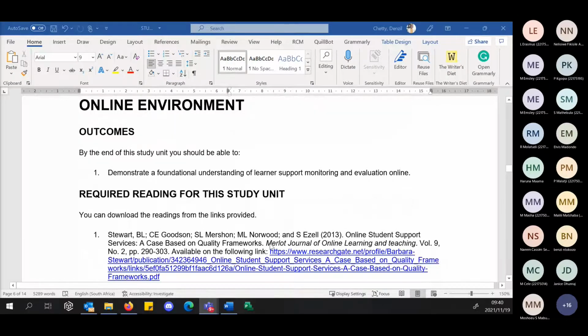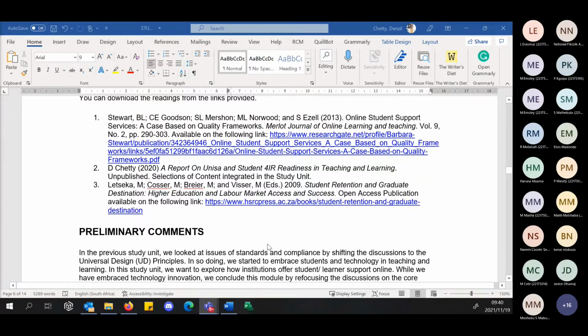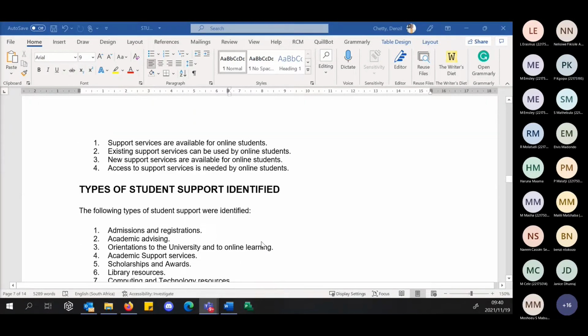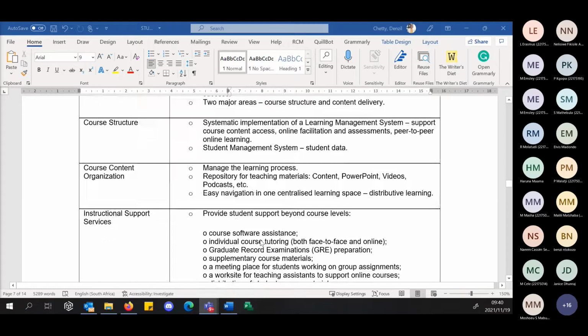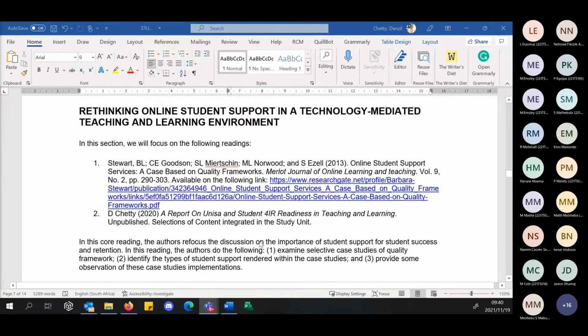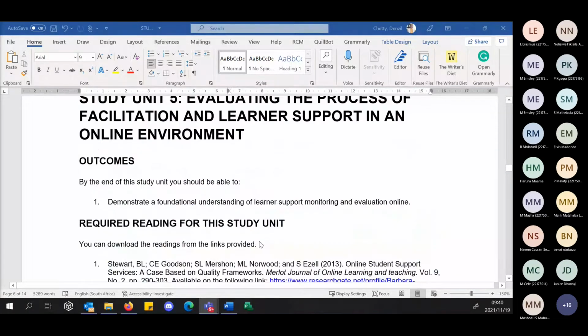Oh, okay. No. So remember, as I said earlier, and I'll show you this when we finish the next study unit, Sam, each of these assignments is marked out of 100, but it carries a weight of 15%. So we convert the mark out of 100 to 15% to give you your final mark.